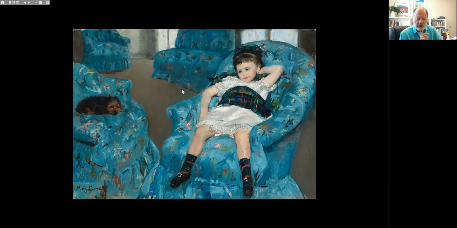A meeting with Degas occurred later, and she was invited by Degas to exhibit with the Impressionists in 1879, which she did. And again, if you take a look at the handout that I distributed, she exhibited with the Impressionists in 1880, 81, and 86, missing only the exhibition in 1882.